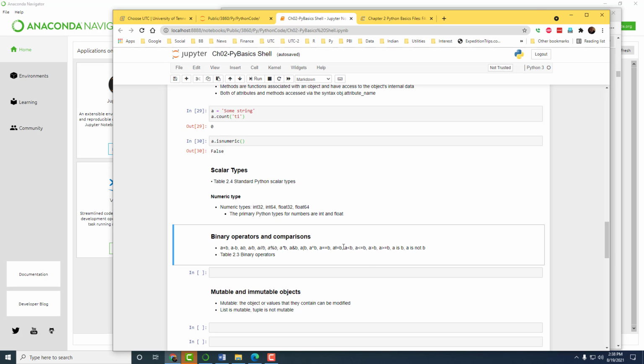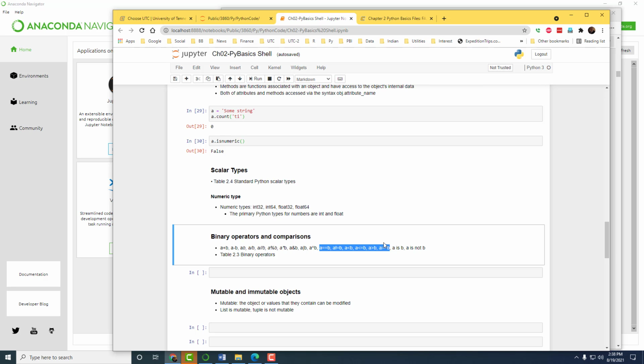And then there are some comparison operators. So this means is a equal to b, a not equal to b, a less than b, less than or equal to, greater than or equal to. Then a is b, so that would be like the reference, that a and b are not two different things.